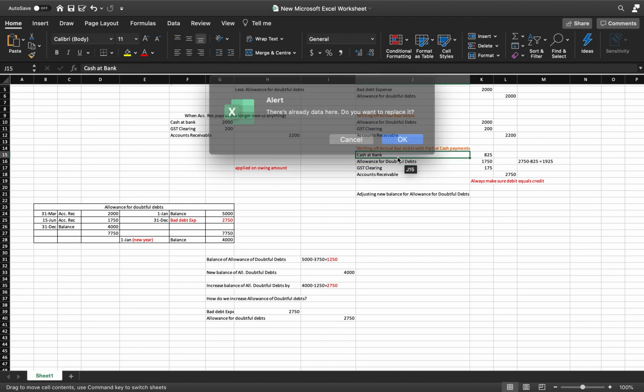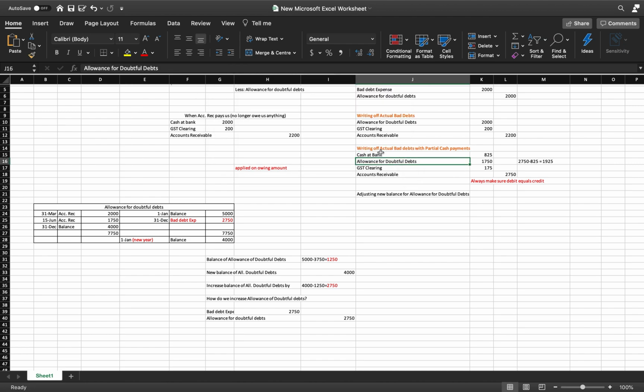Since we are receiving some cash, we debit that much amount that pay us into cash at bank. So in this case, the total accounts receivable, the amount that they are owing us, is $2,750. They pay us in cash 825. So the actual amount that they are owing us is